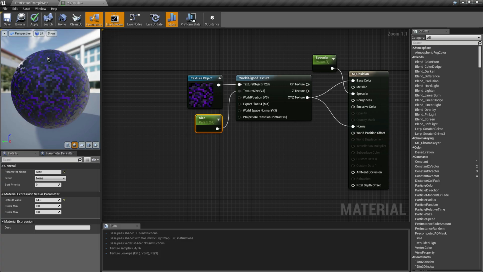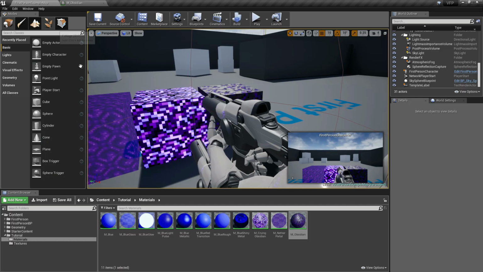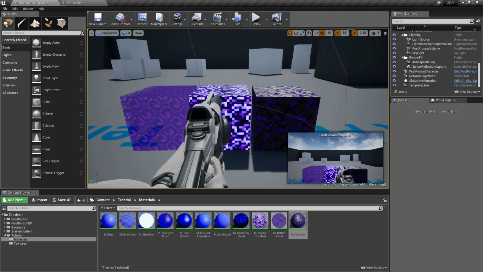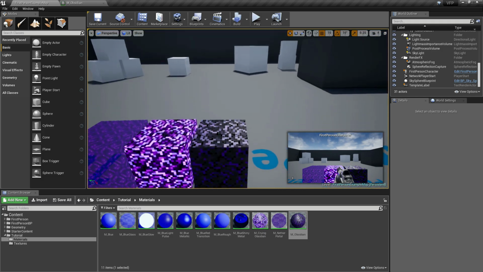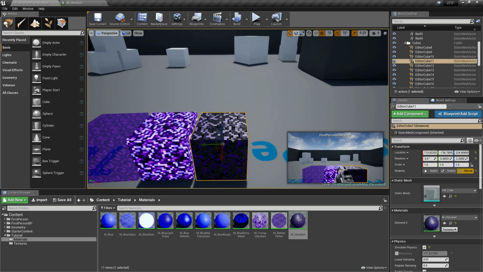Then let's save our material with the world aligned texture. Then let's head back to the level. So this is the Minecraft Obsidian with the applied world aligned texture node.